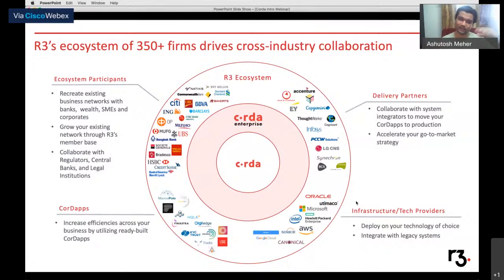So these are our members, and then we have ISVs, who are independent software vendors, who build applications on Corda, and they sell them. We have delivery partners, who are our SIs, all the big SIs like TCS, Infosys, you take the name, they are there. They deliver services to all our